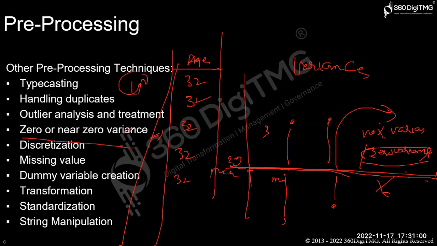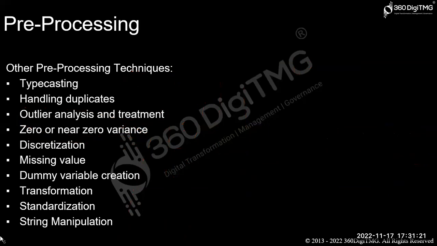Among us, 95 entries will be having only 32. Just 5 entries will be having something different, 55, 60, 70, something like that. Even it won't give you much inferences. So what will we be doing? We will be dropping both zero variance and near-zero variance. We will simply drop both the features. And then we will be having discretization.